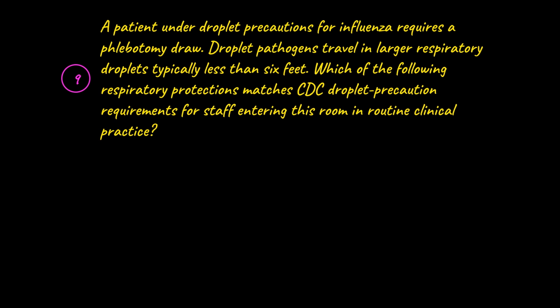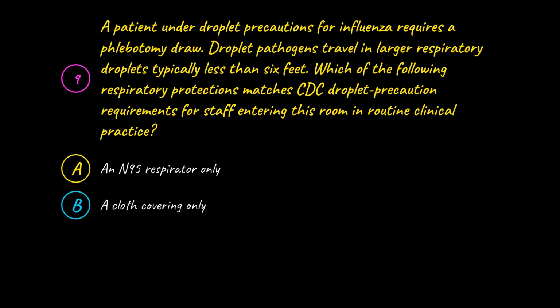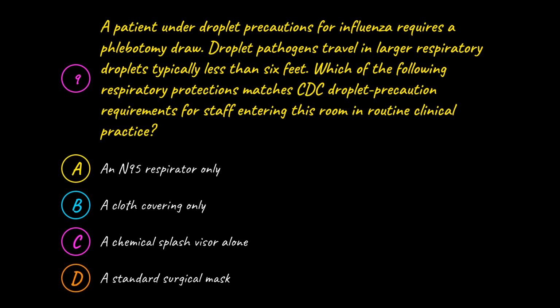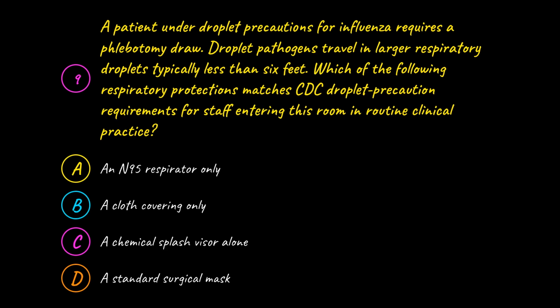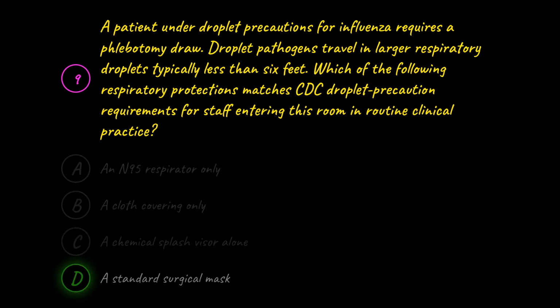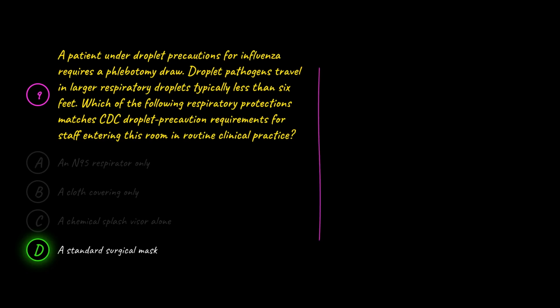Your options are A, an N95 respirator only, B, a cloth covering only, C, a chemical splash visor alone, D, a standard surgical mask. Which one is it? Pause the video if you need more time. The correct answer is D. A standard surgical mask. D is correct because a standard surgical mask satisfies droplet precaution requirements for influenza, pertussis, and